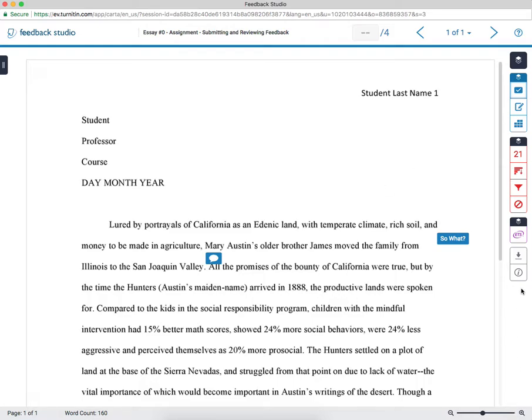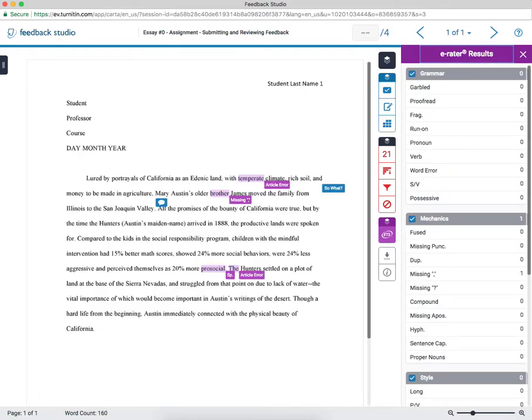Also, on the side, you won't have this many options, but you will have some of these options. If you click this purple one that's ETS, that's going to identify some potential grammatical errors. This can be really useful if you do turn in a rough draft ahead of time and you get this back. It can help you spot some of these things, but a word of warning that they are not always